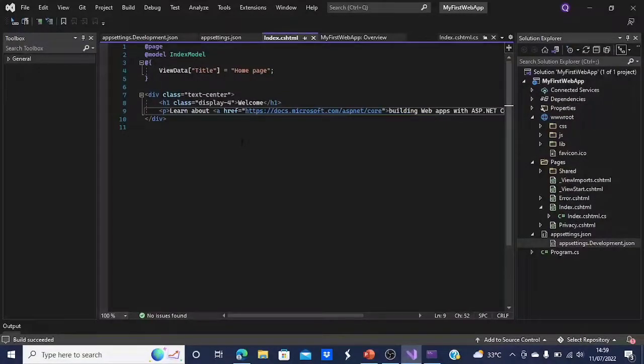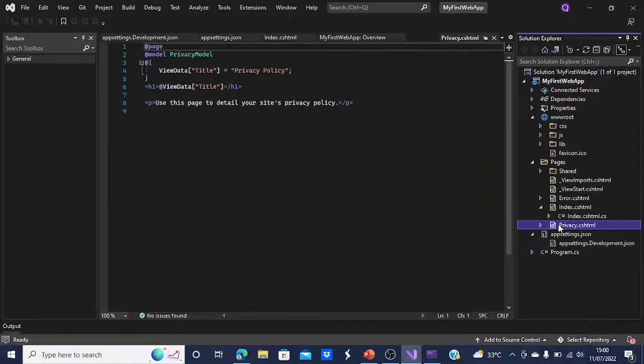In Visual Studio, open Privacy.cshtml for editing. We will update this code like this.